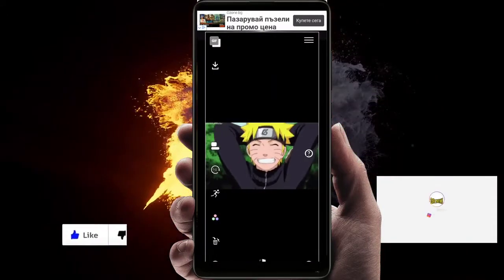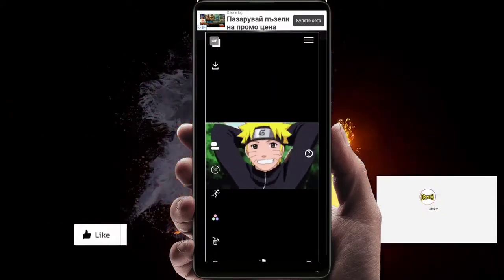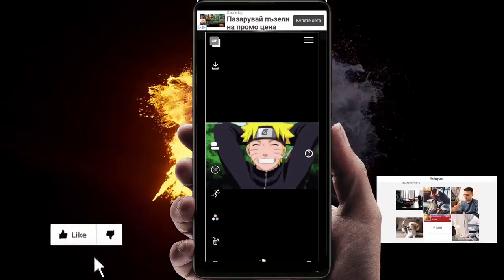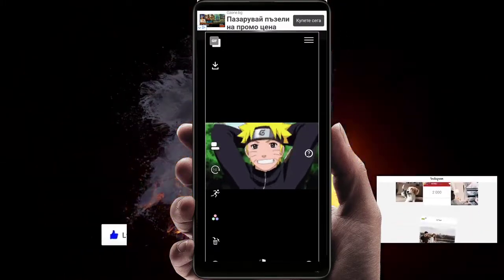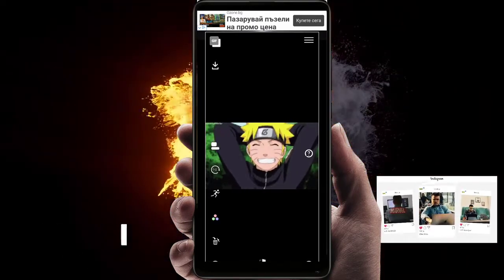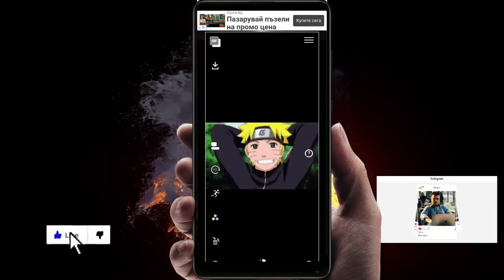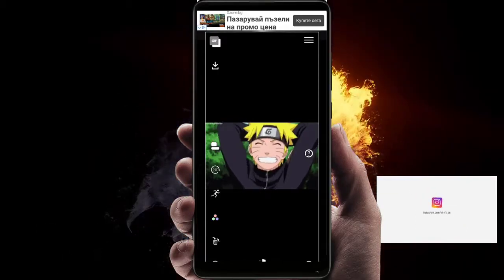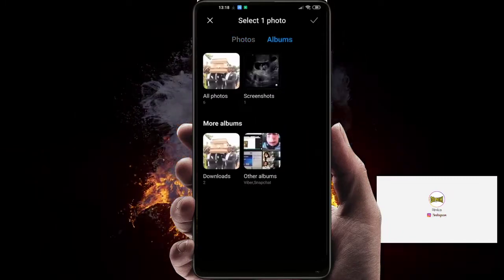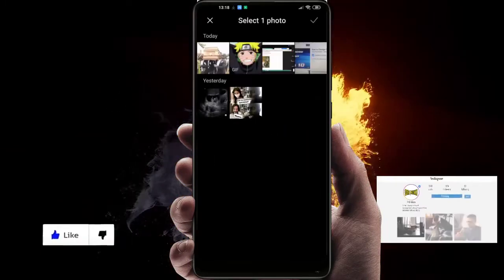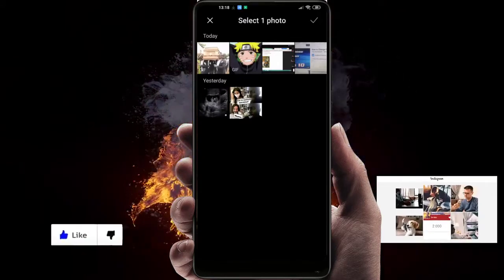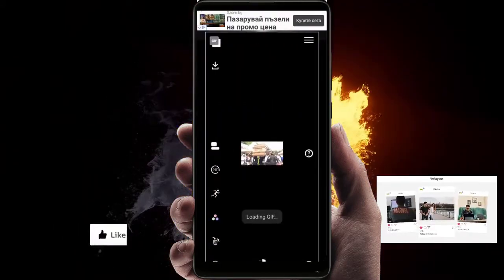So here, when you downloaded your GIF, just open the app that I showed you and click here on this arrow that is facing down and click on gallery. So now click on albums, and as you can see you just find the GIF that you downloaded, select it,